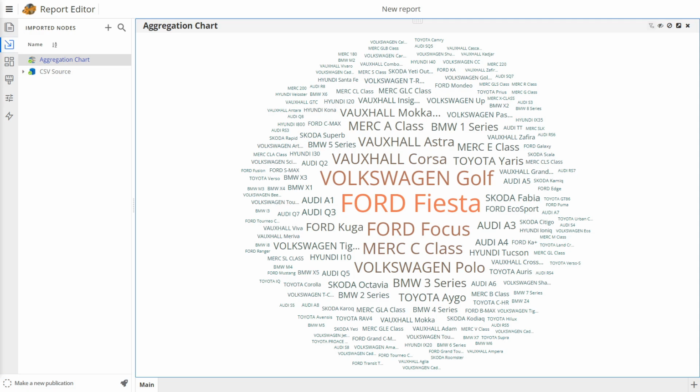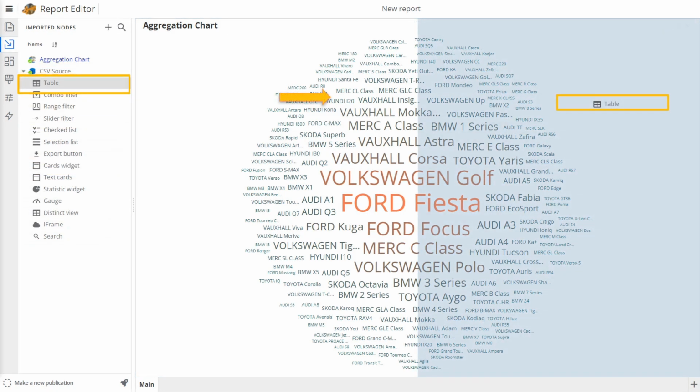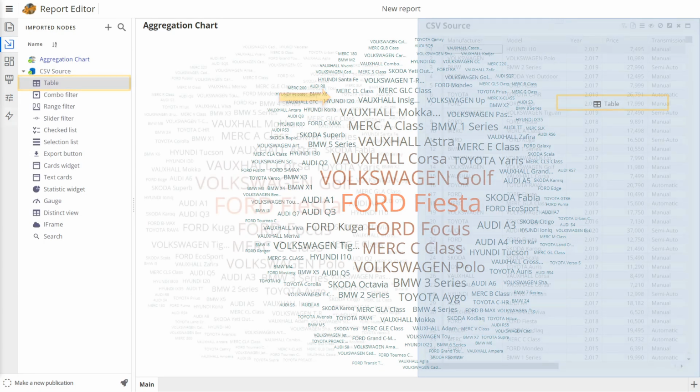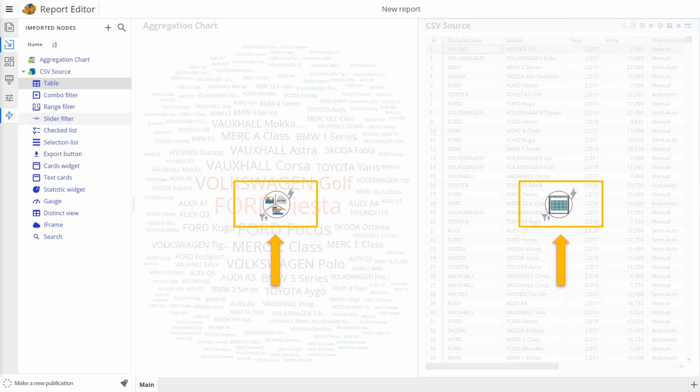For the CSV node, expanding the drop-down list reveals various components that this node can represent in the report. In this instance, we aim to add the CSV node as a data table. To achieve this, we drag and drop the data table icon to the right side of the aggregation chart previously placed. The final step involves linking the two charts, enabling the tag cloud to filter the data table. This is achieved through the Enhanced Drill Down model in the toolbar, establishing a connection that allows the left side tag cloud to control the right side data table, signifying a successful link with a green arrow.